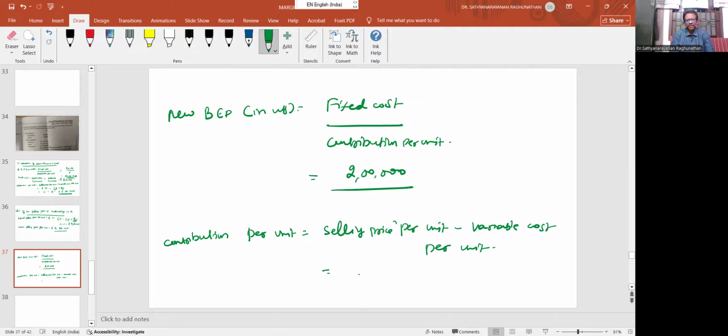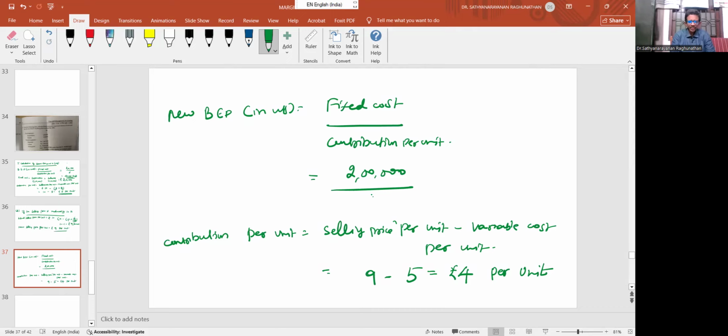Now, the old selling price was 10 rupees per unit. The new selling price is rupees 9 per unit. 9 minus variable cost 5 only. 3 plus 2, 5 only. There is no change in the variable cost. There is a change only in the selling price. So, rupees 4 per unit. Okay, now